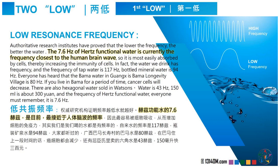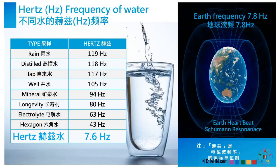Major researches have suggested that 7.6 Hz is the best frequency the human body can experience, as it is the closest frequency similar to the human alpha brain waves during the resting and meditation stage, which is also the closest wave frequency to Earth. Let us take a look at the different frequencies from different water sources. Rainwater being the highest at 119 Hz, and the healthier water that humans should consume is seen below, and lower frequencies with terahertz water being the lowest at 7.6 Hz,